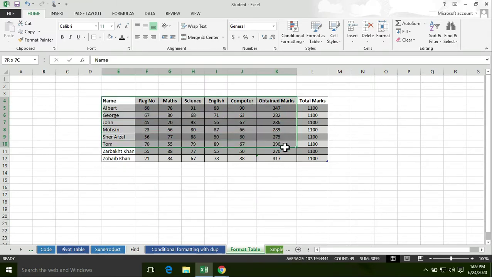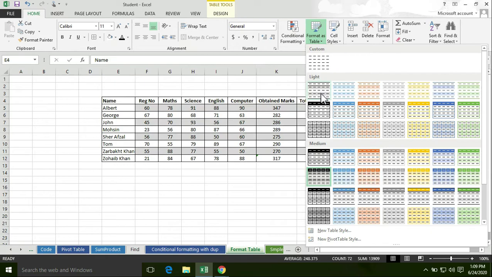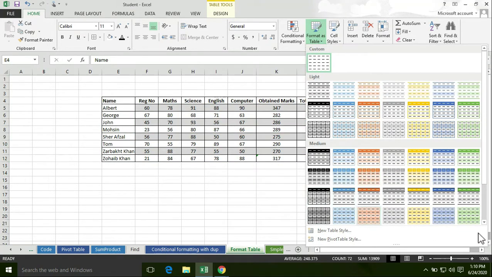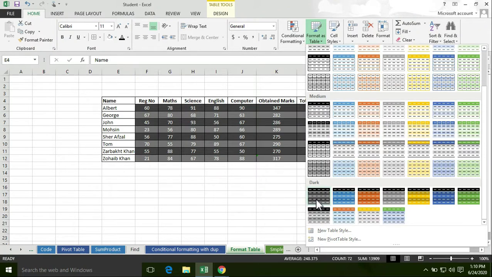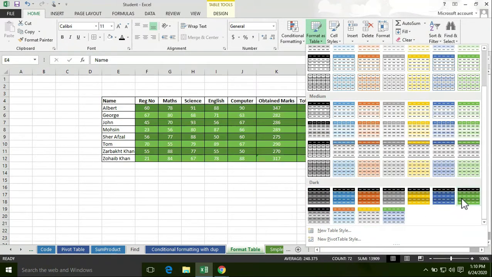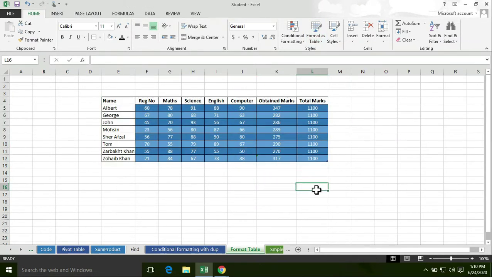Now select this whole table, click on format as table, then select custom. Now select this whole table again, then click on format as table. This time I'm going to select this option, this blue. So here's the dark.